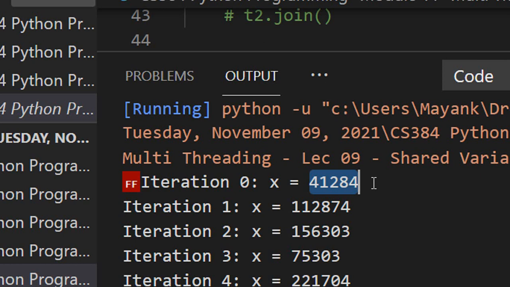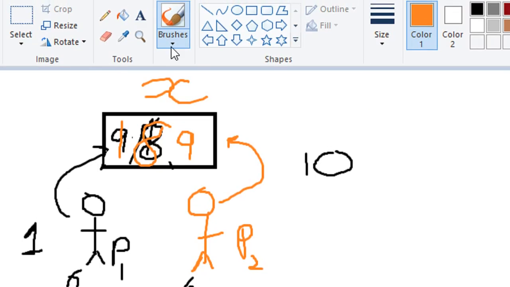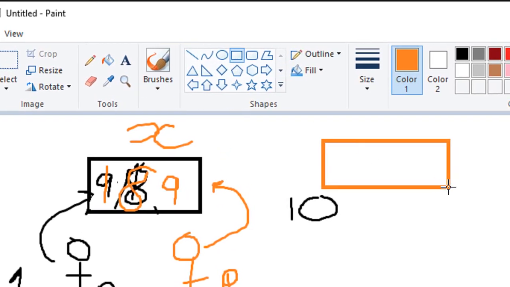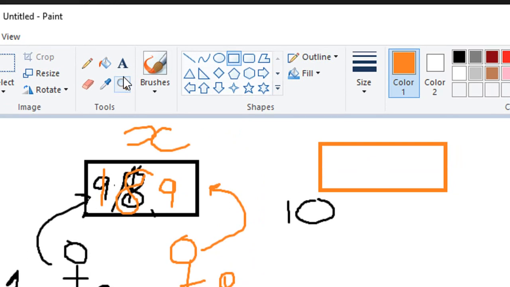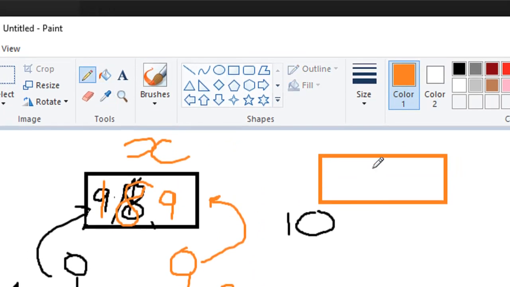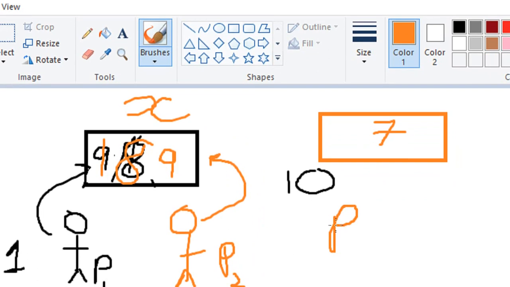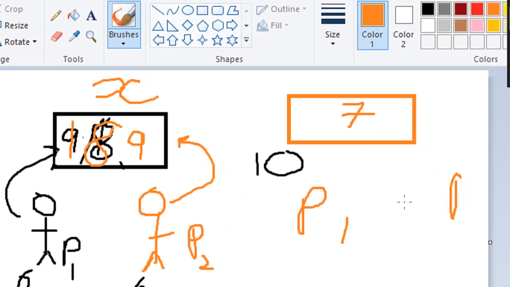And it may so happen like this also. I'm telling you why this value is short, for various reasons. So let's say this value was 7. This is P1, okay, let us make it thread 1.